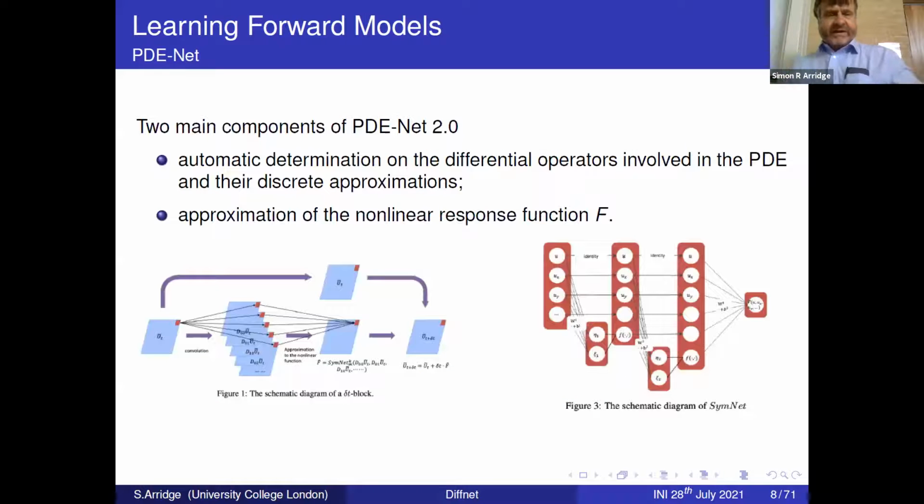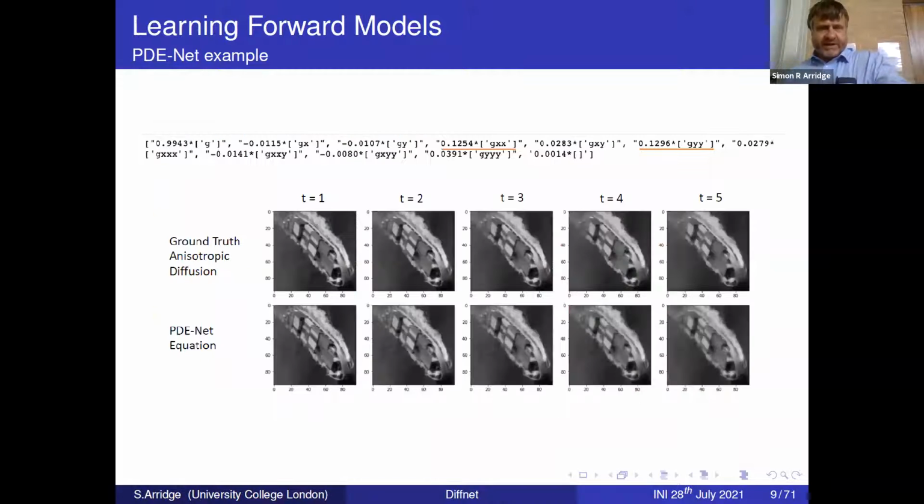And the key components there are this idea of a block which contains spatial derivatives, and then a symbolic combination of spatial derivatives, multiplicative, and two powers that can be combined to produce many of the equations that we know in mathematical physics. Example of that, we applied this to the problem, just anticipating the problem we're talking about.